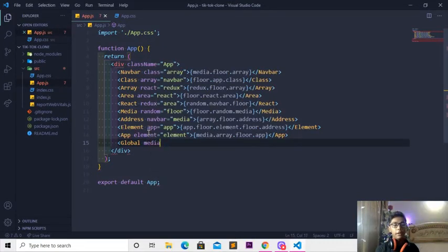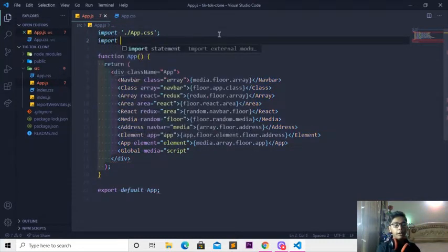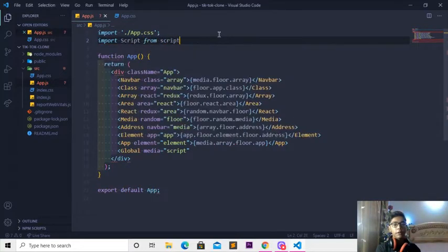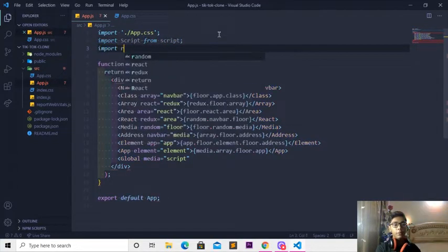So here I'll be now writing media equal, then when you've done with that, I'll be coming and writing script, so just write that. And here I'll be just doing one thing now. Before that I'll be coming here and importing script from script, closing that, and I'll be importing